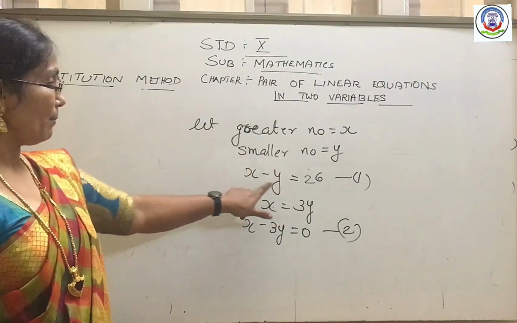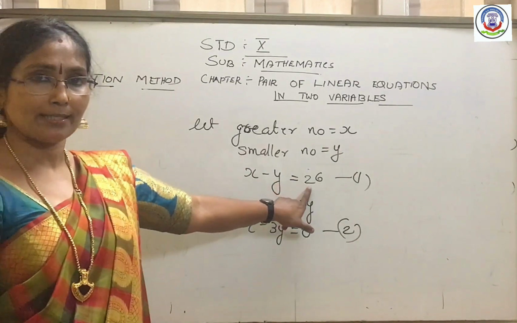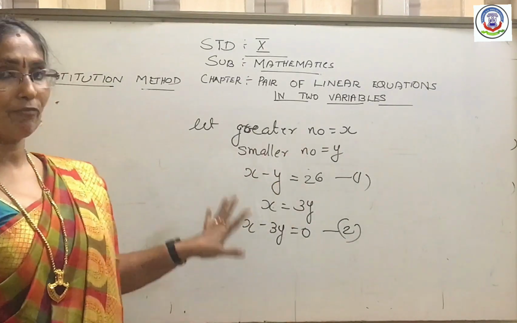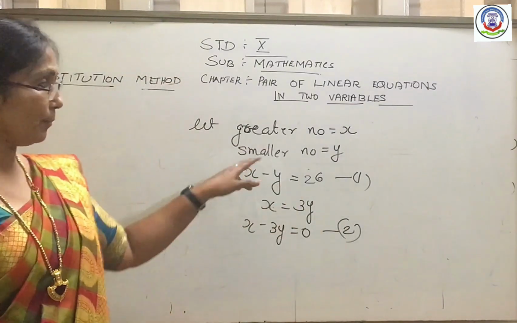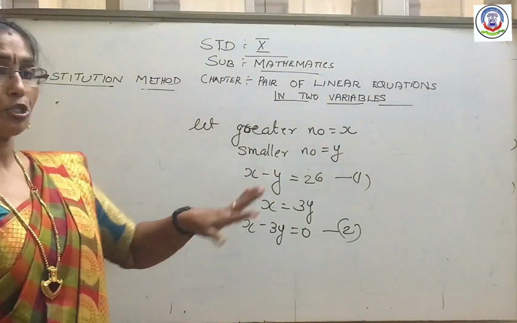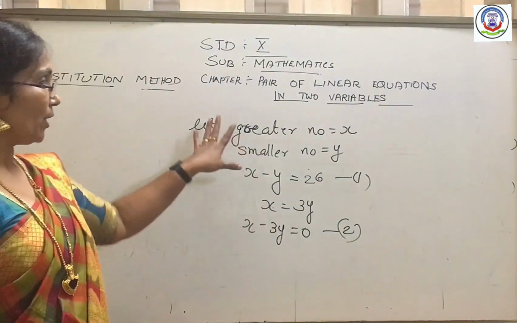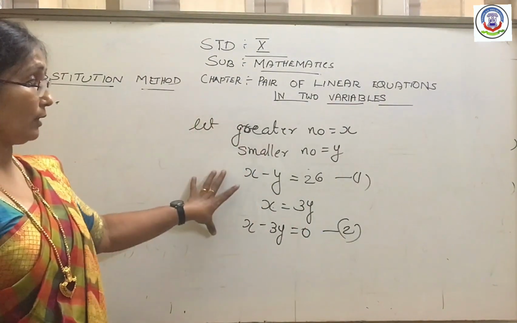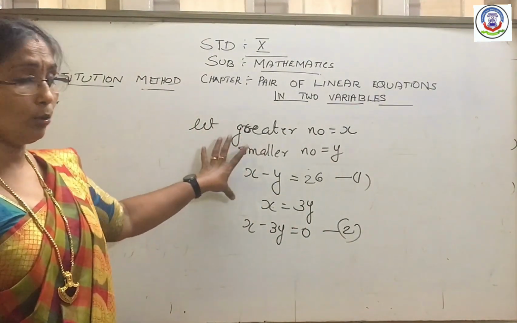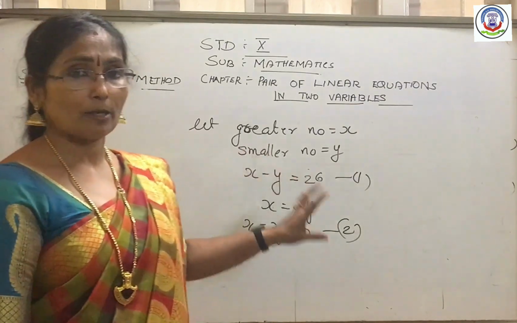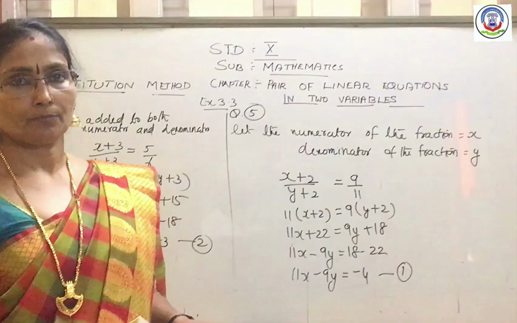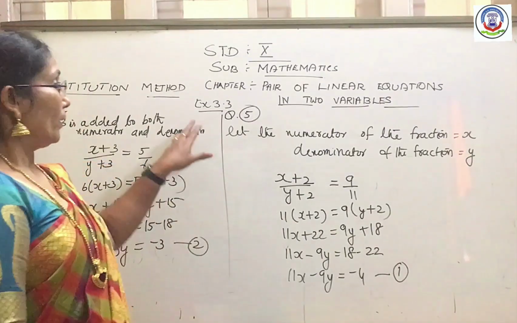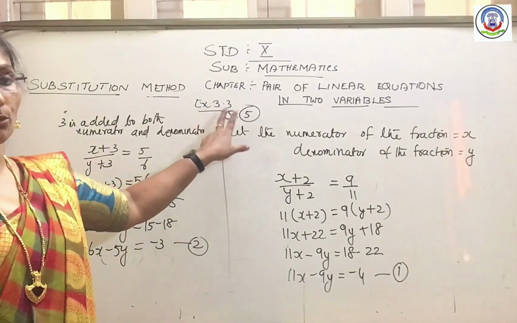So you know that 30 minus 4 is going to come as 26. That way also you can verify whether our solution is correct. Verification can be done by either this equation or this equation or both the equations. Now I think you have clearly understood how this representation of the linear equation of two variables works in this question. Second one. Now look at textbook exercise 3.3 question number 5.